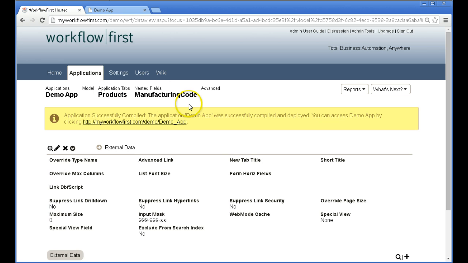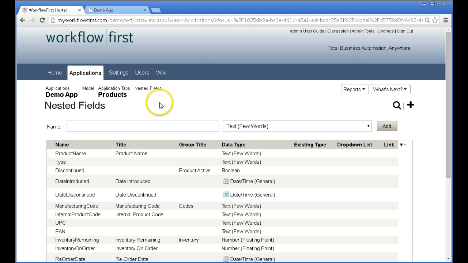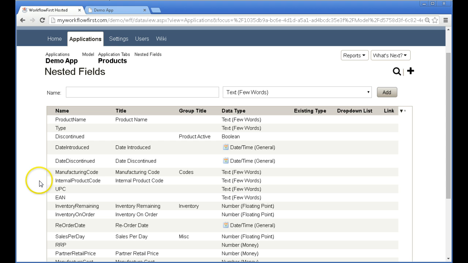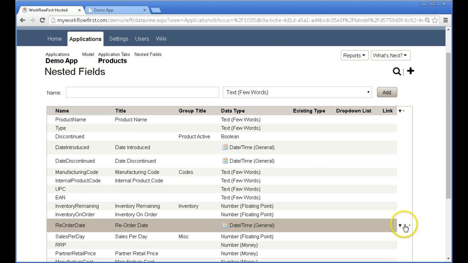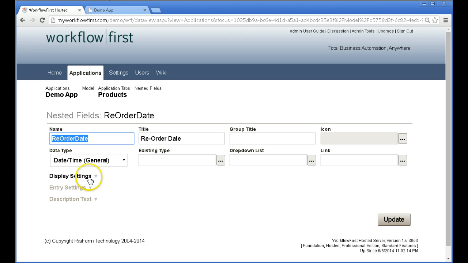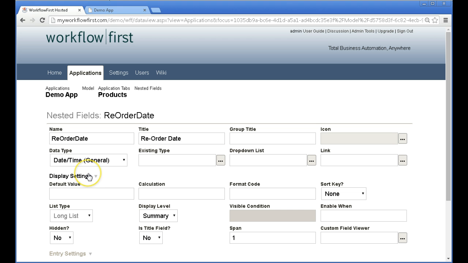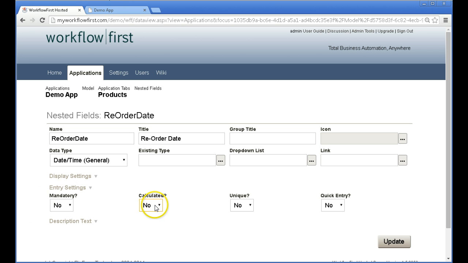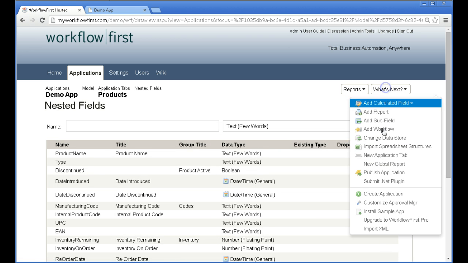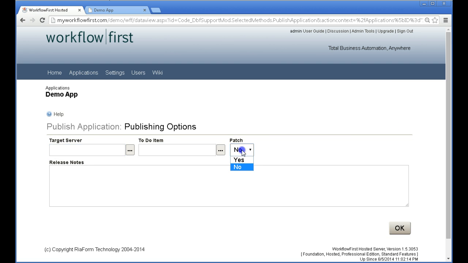So it could be a derived field also, something that's derived from another field. To set something to be a calculated field, you just edit it and you specify is calculated. So I edit this field here, in entry settings, and we set the calculated to yes. And if I click update on there and we publish this,